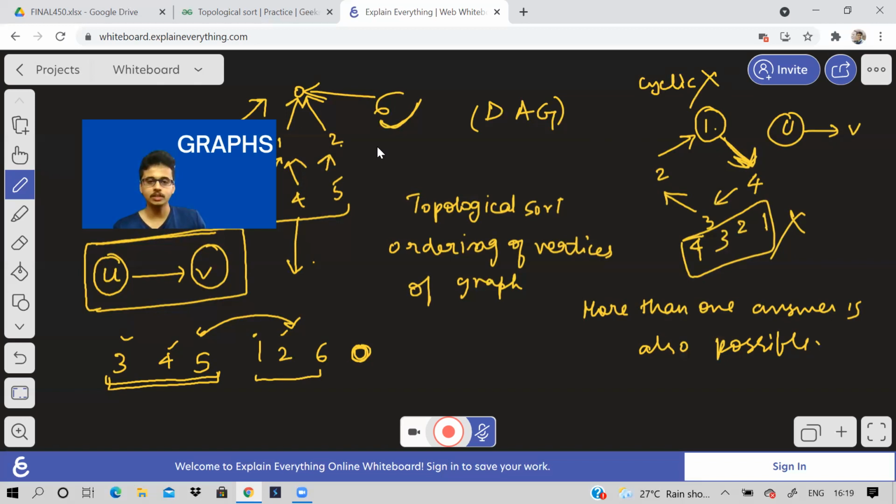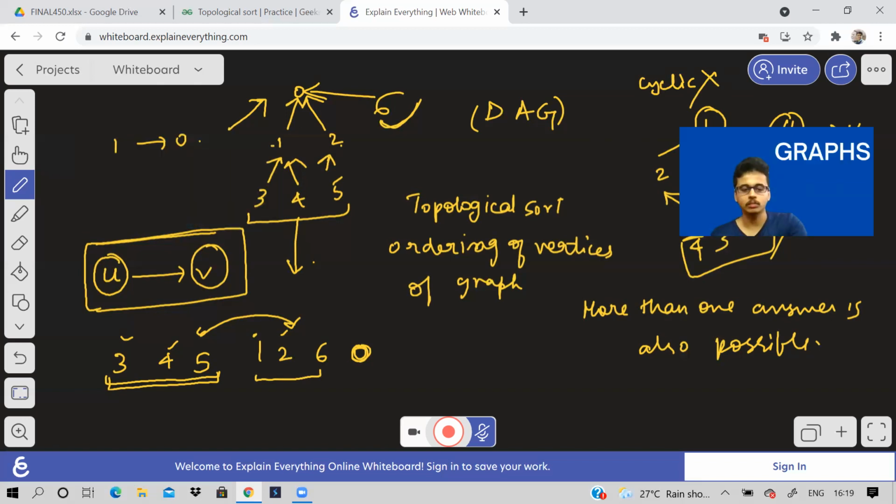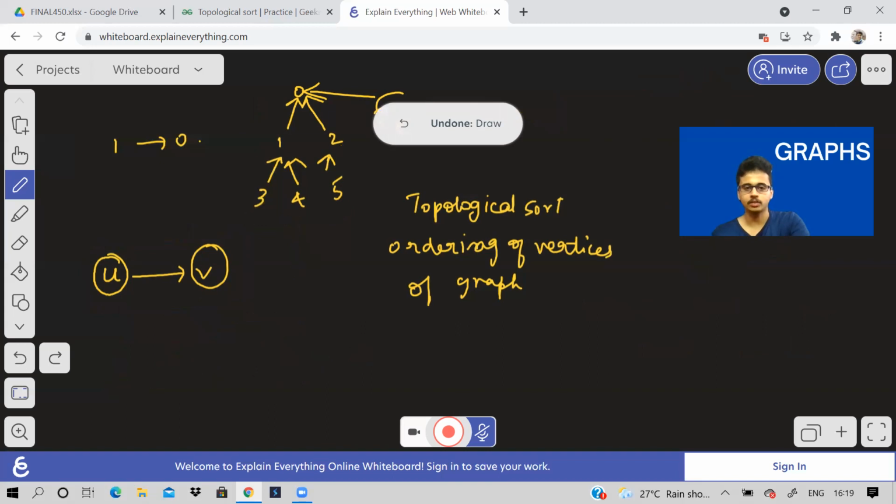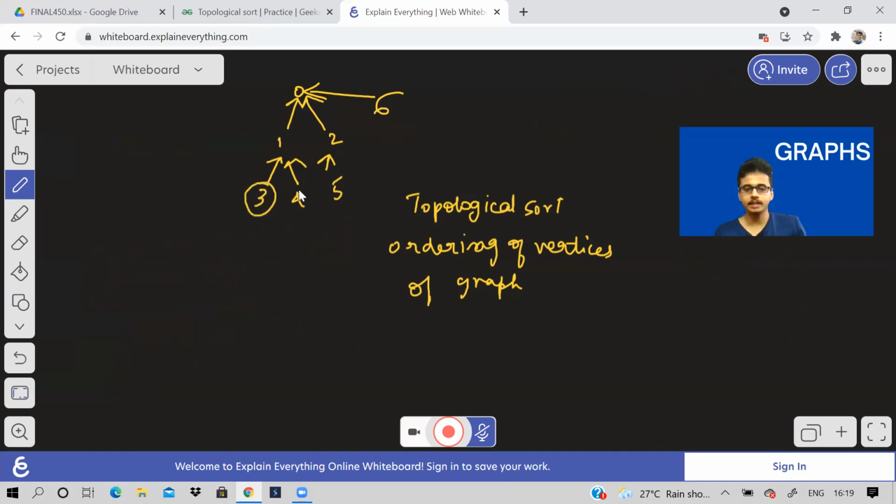So how do we actually solve this topological sorting problem? It's quite simple and it will be very evident also. See, you can treat this graph as a tree actually. If you look at it, you can treat the graph like a tree only. All right.